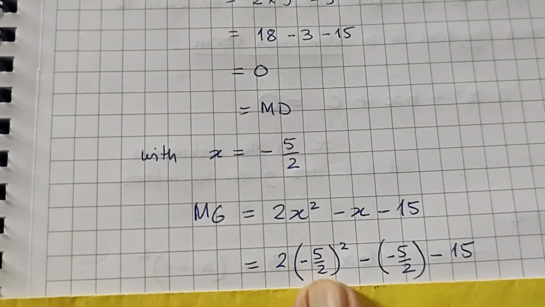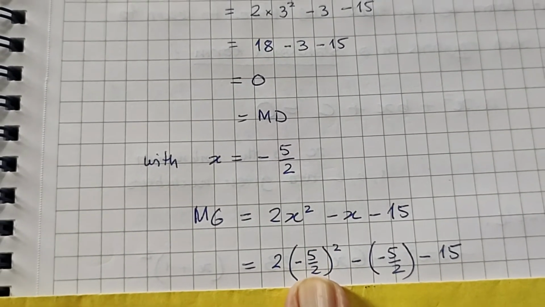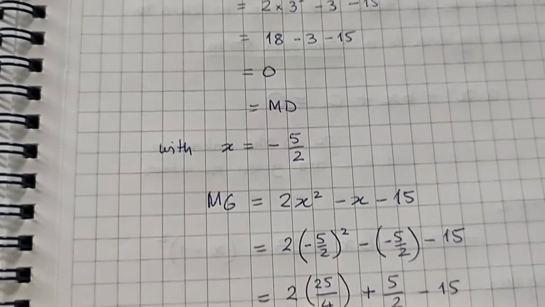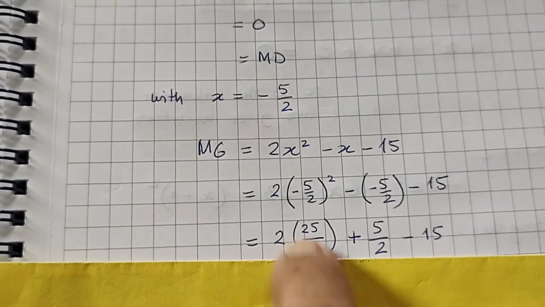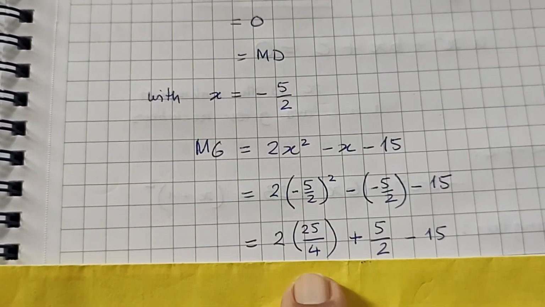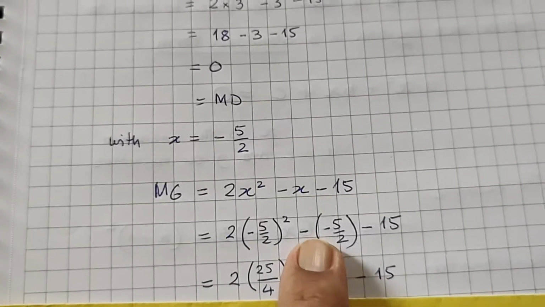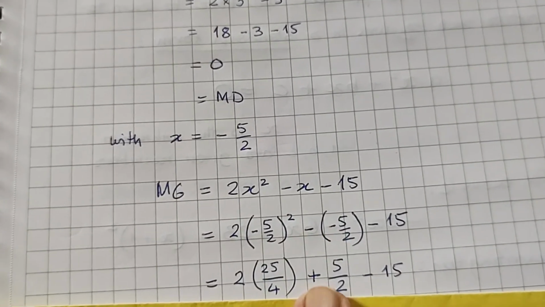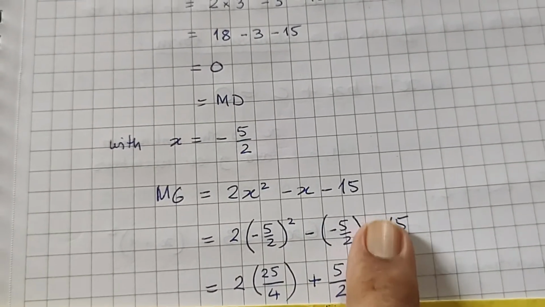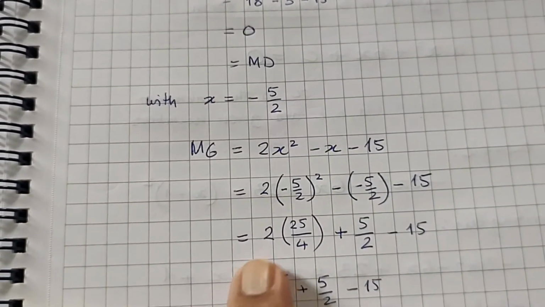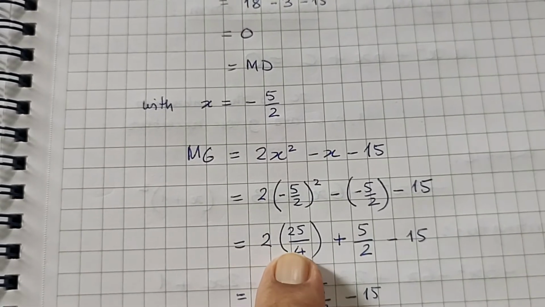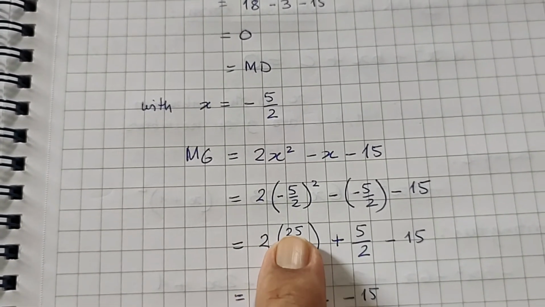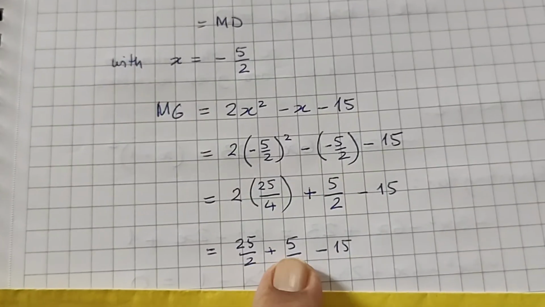So minus 5 over 2, it's a negative number. When you square it, you'll get a positive number. You'll get 25 over 4, 5 square over 2 square, that is 25 over 4. Here the minus minus will become plus, so you get 5 over 2 minus 15. Here 2 and 4 you can cancel out, you can divide, so you'll get 25 over 2 plus 5 over